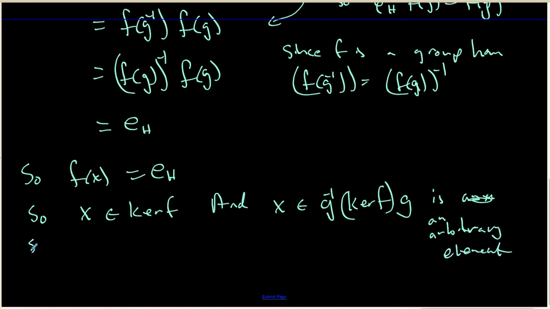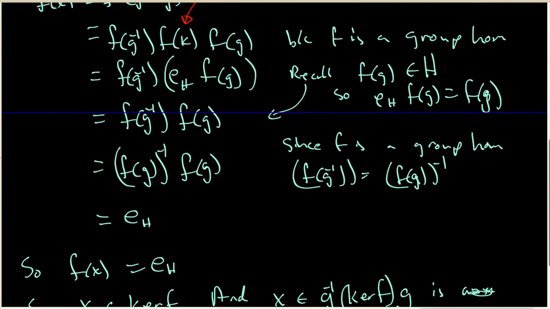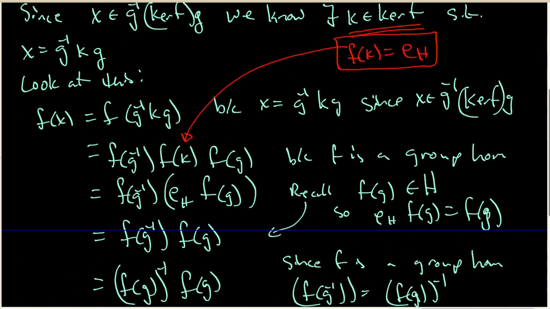And so what I know is that g inverse times the kernel of f times g is a subset of the kernel of f. And now the other thing that I want to point out, and I'm going to come all the way back up to where I started making these things, is that